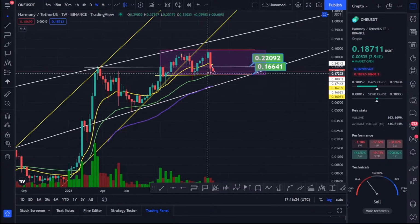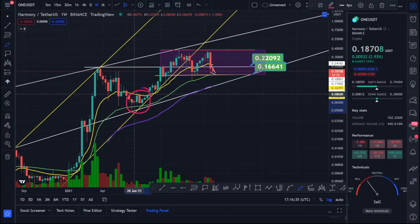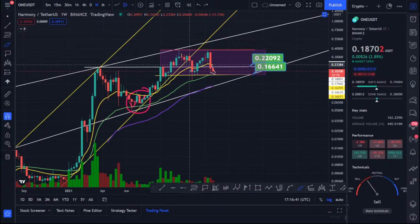At the moment, you are in between the 20 and the 55, so kind of like a consolidation phase, okay? You're going through right over here, in between the 20 and the 55, and you have consolidation till you break it to the upside or downside. Normally,